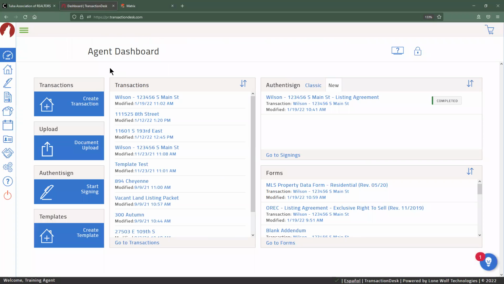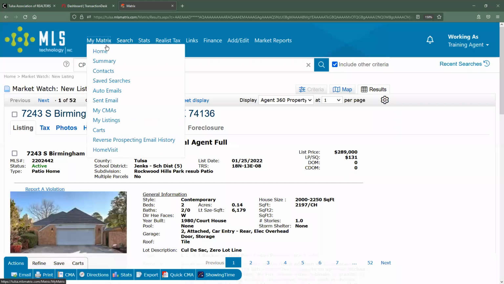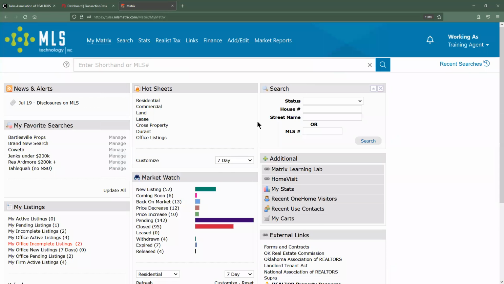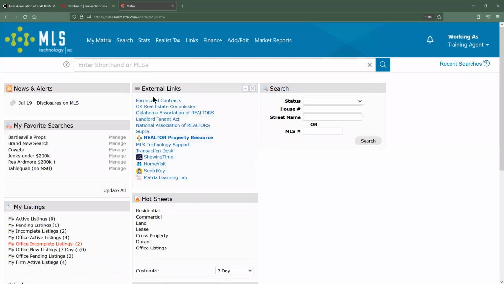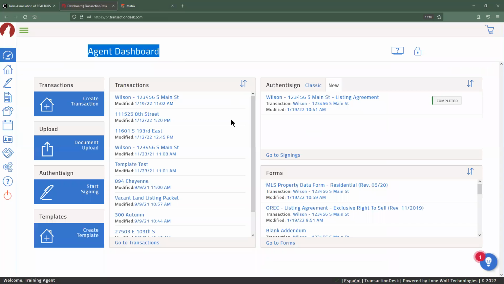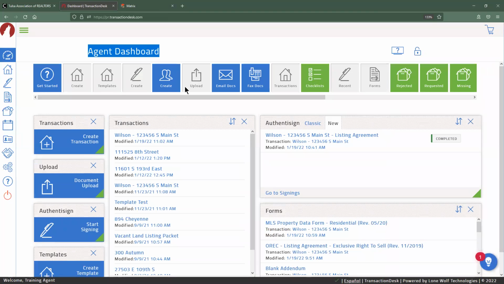So what we're seeing here is when we first land on this home page, we're going to see the dashboard. Now, the dashboard is going to be a customizable area, just like we saw with Matrix. When you land on Matrix, though, everything can just be moved around. There's no rhyme or reason to where you can put things. It just kind of allows you to get everything positioned however you would like it. With Transaction Desk, they tried to arrange this in a pattern that was going to be a little bit more utilitarian for your first sign-in, but you can customize it afterwards using this little lockbox icon up here at the top right. So you click on that padlock, and it'll pull up a tray that shows all of the other widgets that you can add to the home page, similar to the additional widget on Matrix.